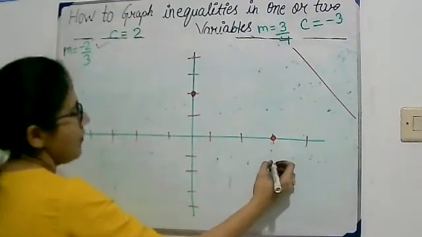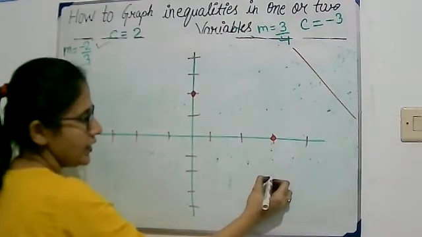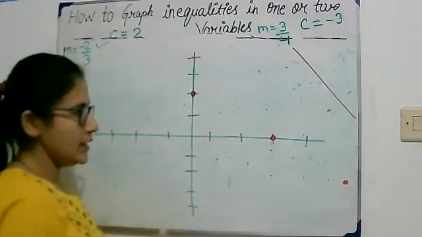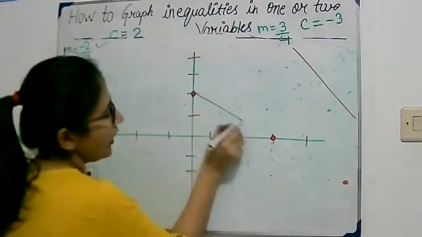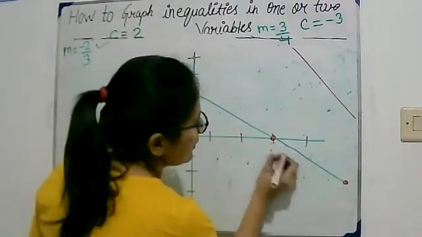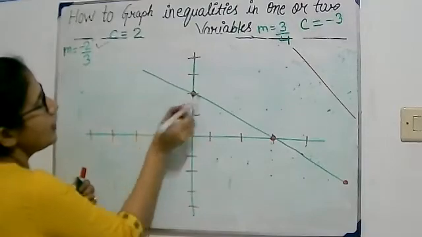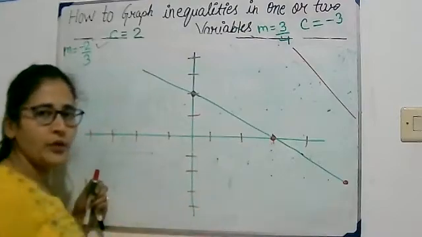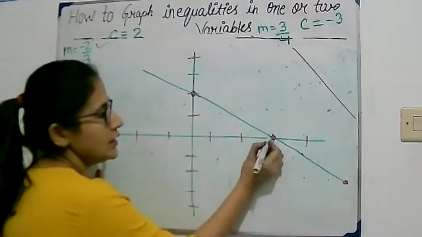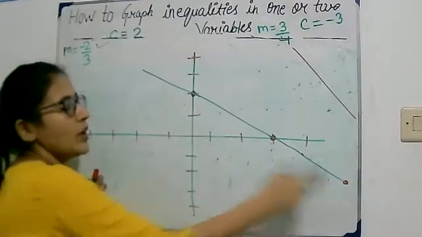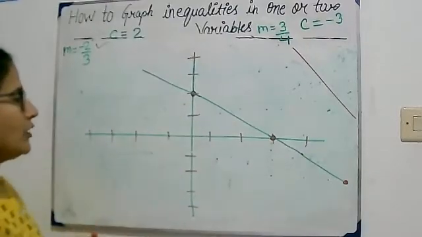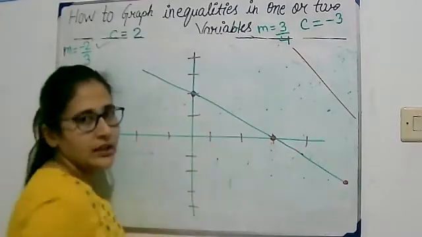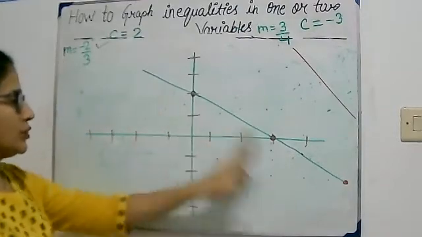Again 1, 2 rise and run will be 1, 2, 3 somewhere here. We have 3 points. From 3 points we can draw a line. Minimum 2 points are enough to draw a line. The third point is for confirmation that this line is going in the same way or not. But 2 points are more than enough, but we always take 3 to confirm this line is correct or not. That's why we take 3 points. So now here 3 points are enough to draw this line.